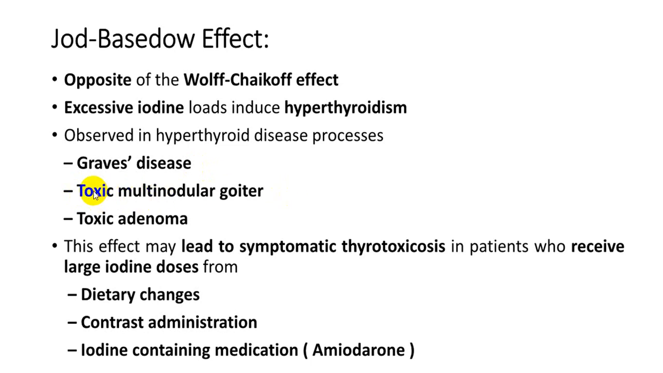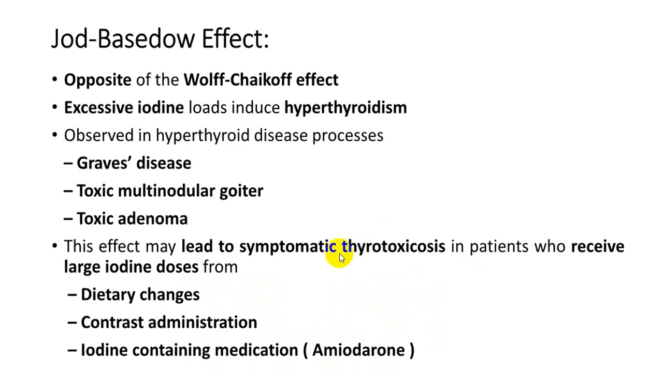multinodular toxic goiter, or we call toxic multinodular goiter, and toxic adenoma. So all these three are hyperfunctioning. These are all three which are hyperfunctioning, and this will lead to symptomatic thyrotoxicosis in someone who receives a large dose of iodine, particularly by means of dietary intake which has increased and which contains a good quantity of iodine, or because of radio contrast media usually used for angiographies, or iodine containing medication like amiodarone. So these three are the main common things which can precipitate